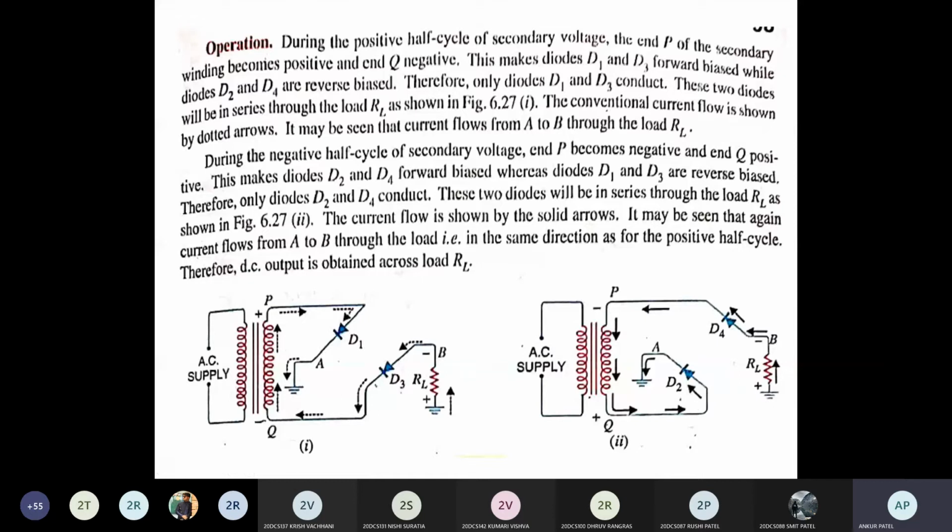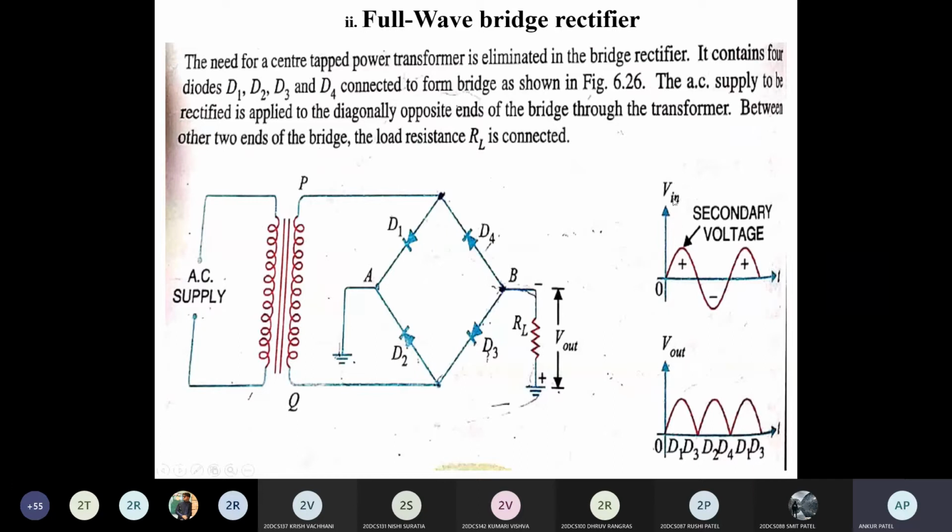Okay, so anyone having doubt? If you ask any operation, half wave rectifier, full wave center tap rectifier, full wave bridge rectifier, any of the questions out of these three you will be asked in examinations. And I hope all of you will write the correct answer. Means circuit diagram, this operation, input waveform, output waveform is compulsory. Okay, if you draw this properly, then the examiner will understand you know all the things.